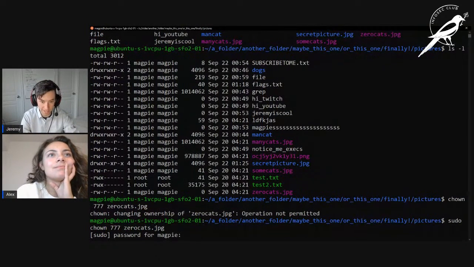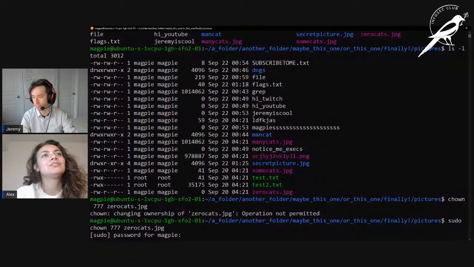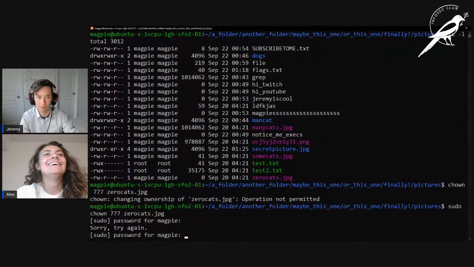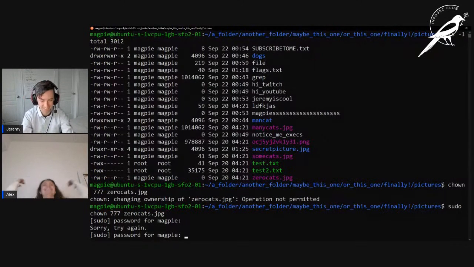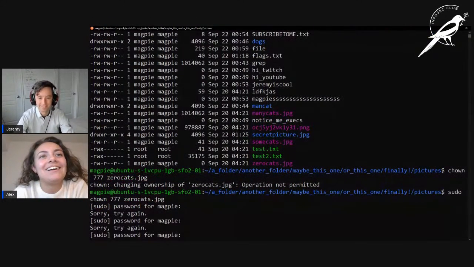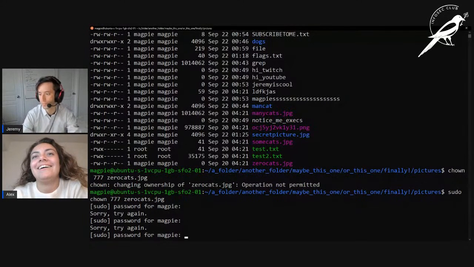I'm not going to tell you guys this. Oh, wrong. Yeah. It wants the root password.